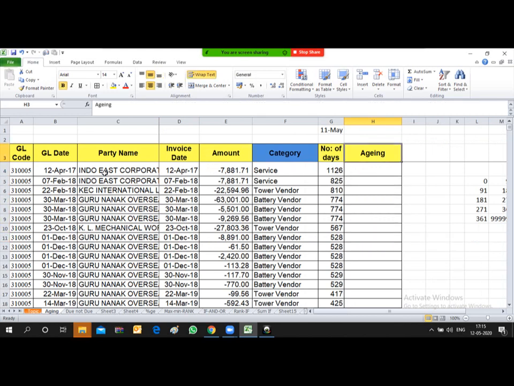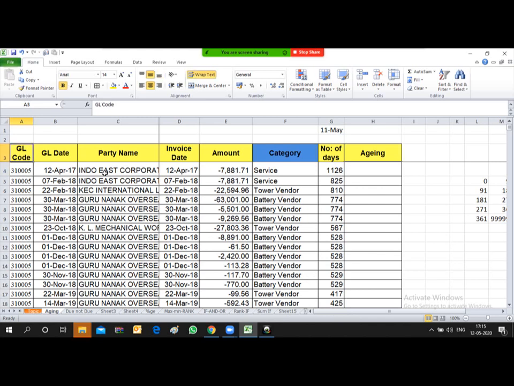So friends, this is the table in our practical scenario. We find such kind of report where we need to generate the aging. Let's first understand this table.